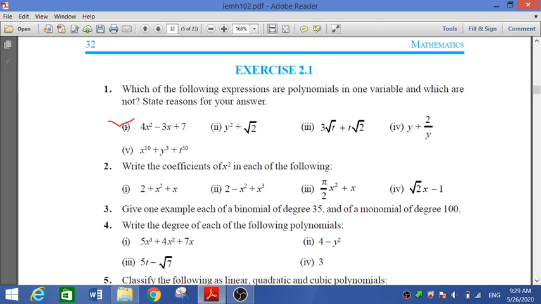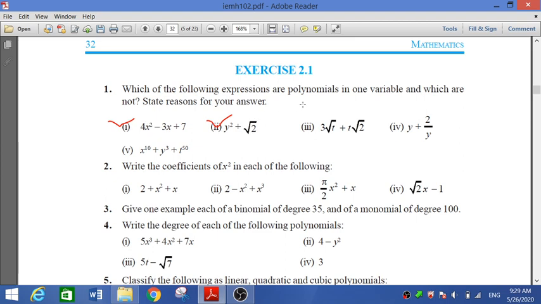Answer is correct. Again here the variable is only y. So only one variable is there. Power 2. So we can say it is a quadratic polynomial. So it is also a yes. Again here it is also a yes. How many terms are there? 1, 2 and 3. According to the power, इसके power के reference में कौन सा type होगा? तो it is a quadratic polynomial.